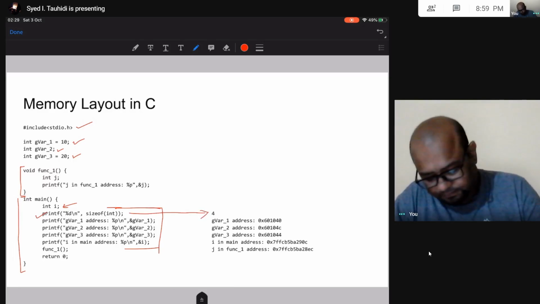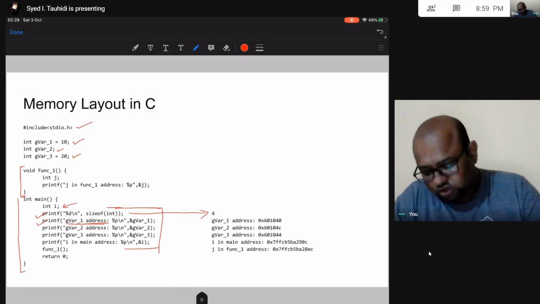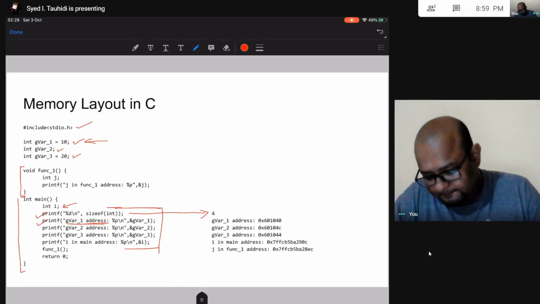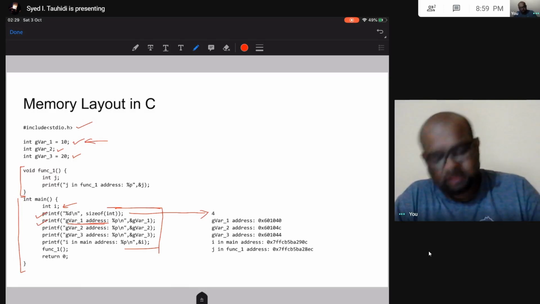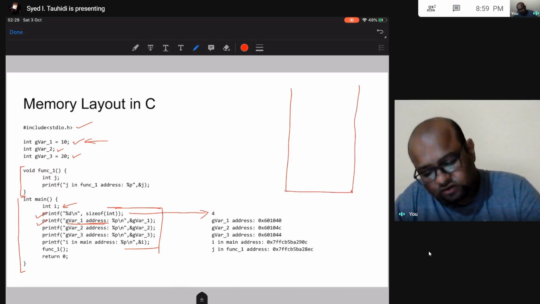Alright. Then in the next line, I am printing the address of global variable 1. So global variable 1 is initialized, right? So what is going to happen? This is the total memory that is allocated to me.